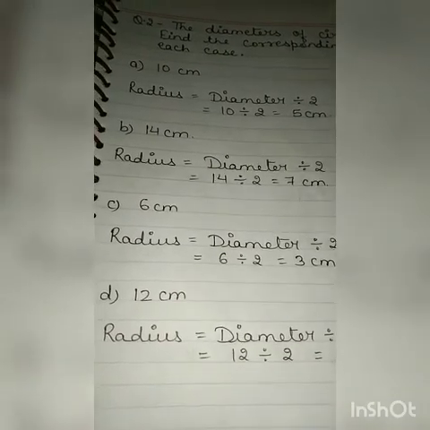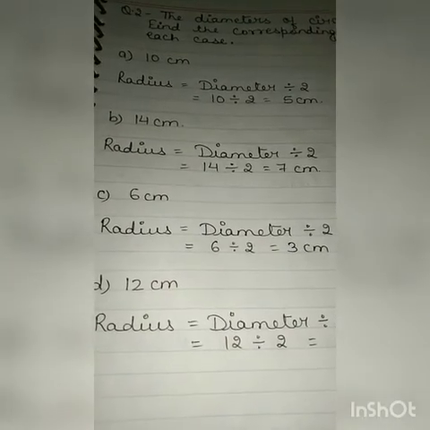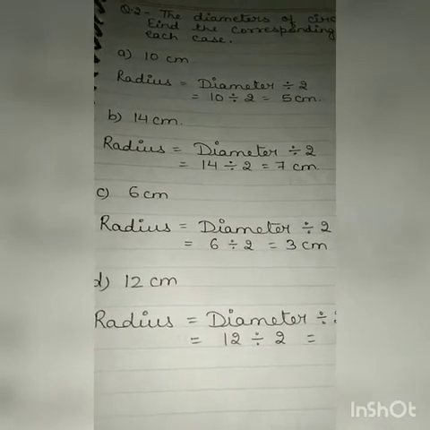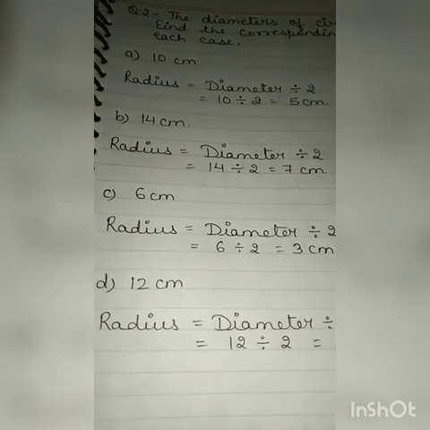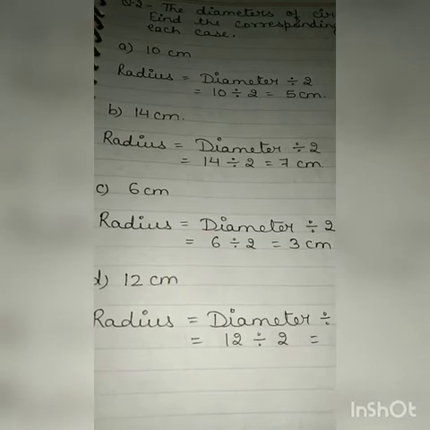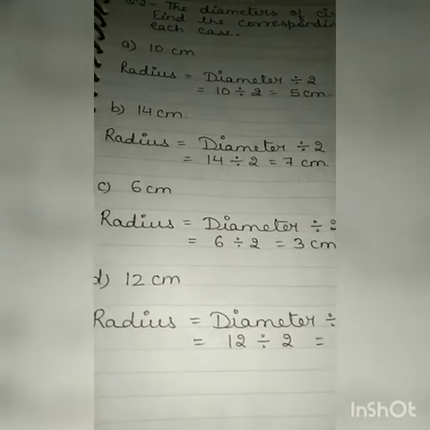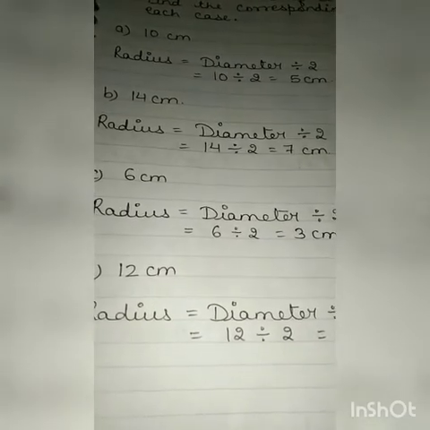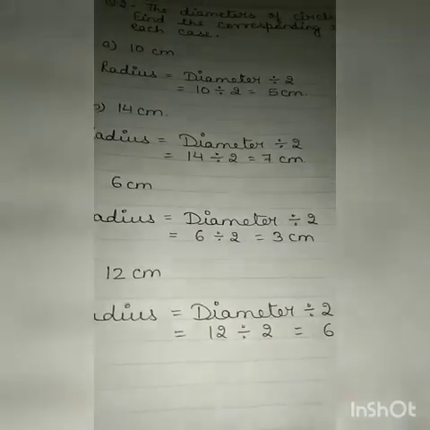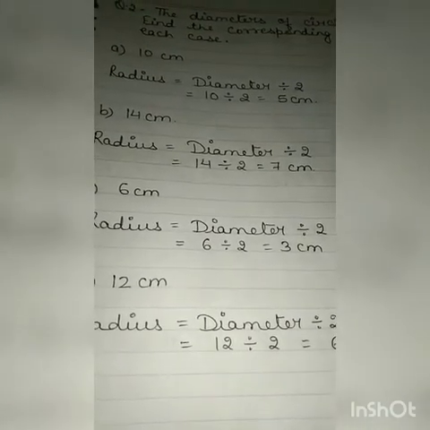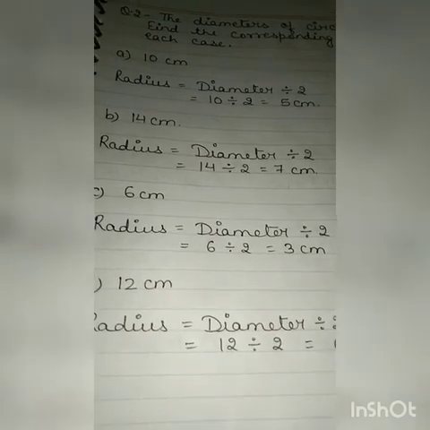So children, your today's homework is you will practice question number 1 and question number 2 again in your rough copy of exercise 11C. Once again, I am repeating the homework. You have to repeat question number 1 and question number 2 of exercise 11C in your rough copy, in which in the first question you have to find the diameter, and in the second question you have to find out the radius. So you have to do both these questions in your rough copy as practice.